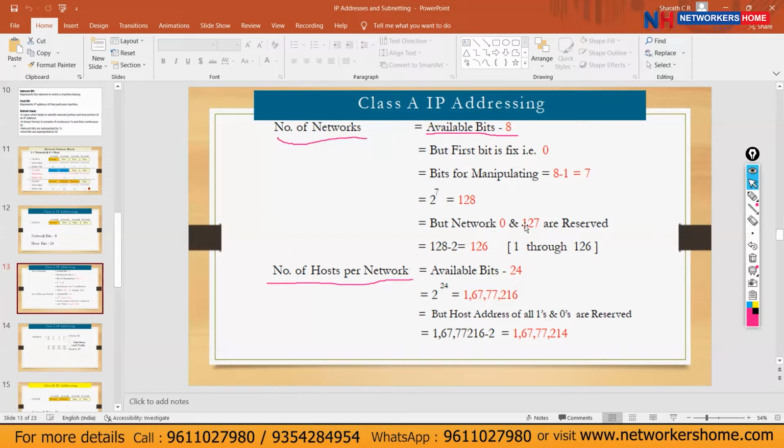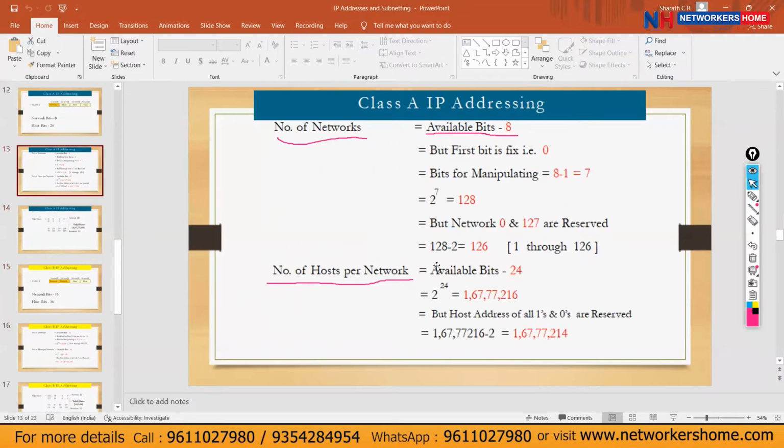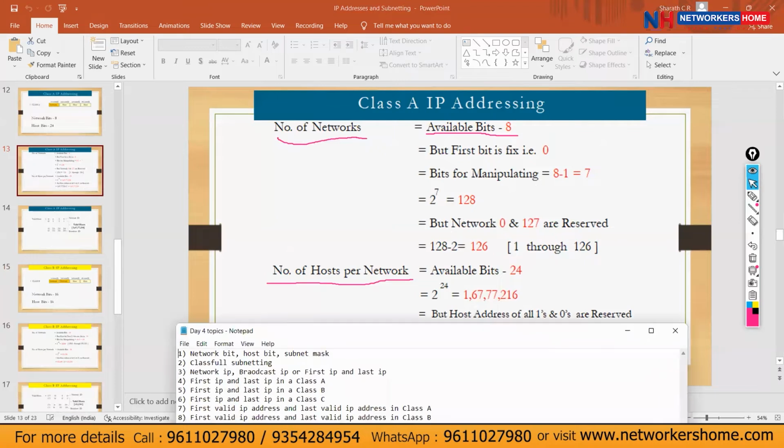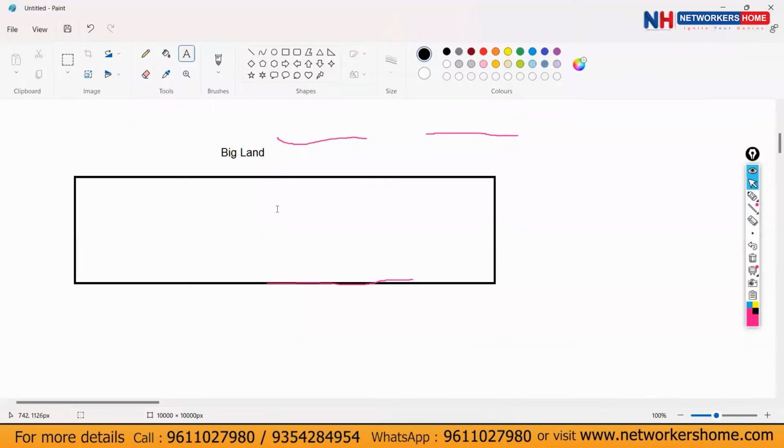In that, 0 and 127 are reserved. I told you we do not use 0, and 127 is loopback. So we have 128 minus 2, 126. So using class A subnetting, we can divide this plot of land into 126 classrooms.